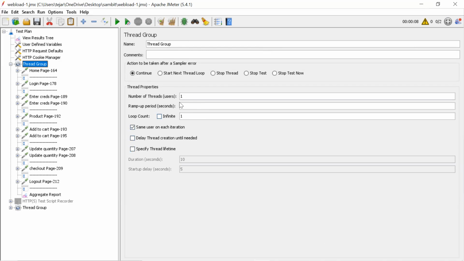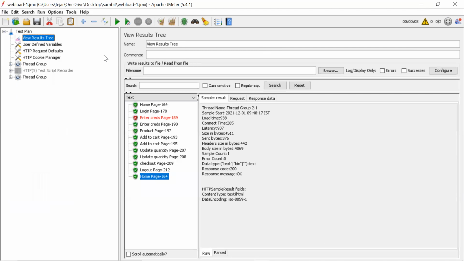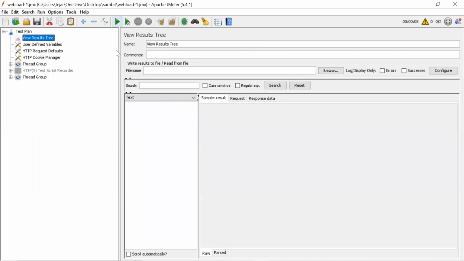Set the duration to 120 seconds and make the iterations infinite. So this one will run for 2 minutes, and then thread group 2 should start and run for 1 minute. That should be fine.